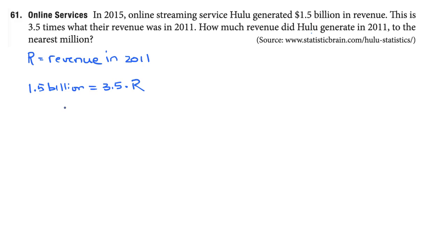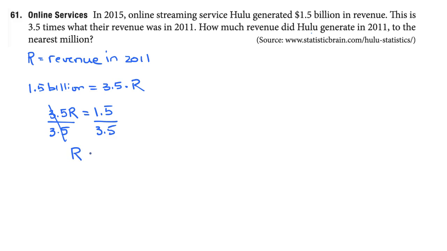So I'm just going to rewrite this a little bit. I'm going to take out the billion and just remember in the end we've got billion. You could put a bunch of zeros, but that's a little hard to deal with. So we're just going to remember it's billion. And so I've got 3.5 R equals 1.5. So how would we find R? Well, we just need to divide both sides by 3.5. And we get